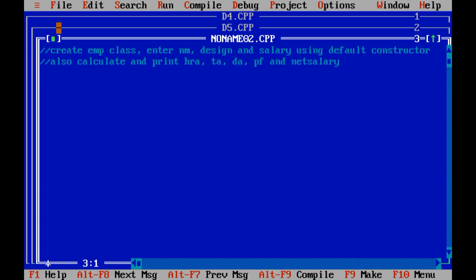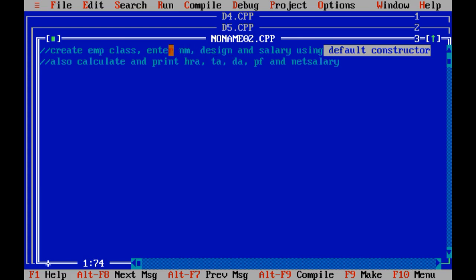Now refer to the definition. What is our requirement? You just need to create one class related to the employee. So we need to give the name EMP, which contains variables like nm, designation, salary, HRA, TA, DA, PF and net salary. Inside the employee class I need to create one default constructor.